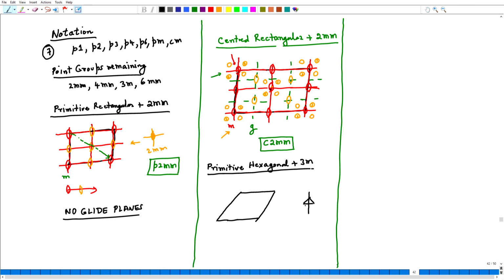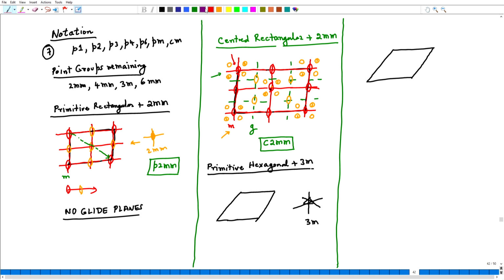it should be mirrors going like this through the 3-fold. So, this is my 3m point group. Now, how do I add this 3m point group? In fact, we can add this 3m point group in two different ways to the same cell. So, I will draw this diagram another place. So, I have to show two different plane groups will get evolved from this. One way of doing this is to add it in such a way, so we orient this 3m point group such that the mirrors are either along the cell edges or they are perpendicular to the cell edges.